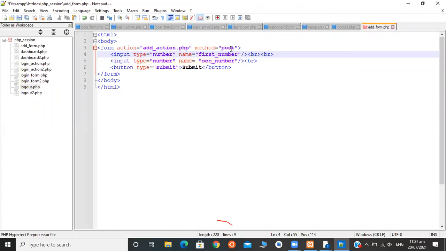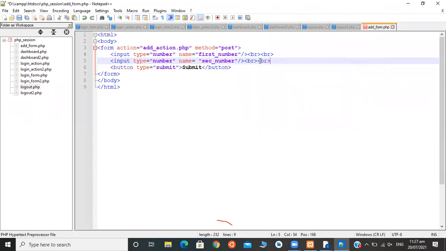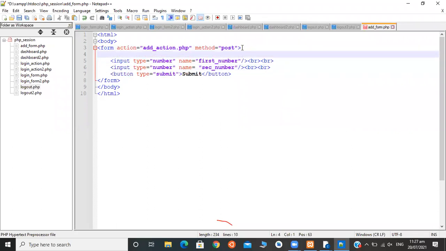So we can assign a label here also. How to do that? Which tag? Label. Label for first number.